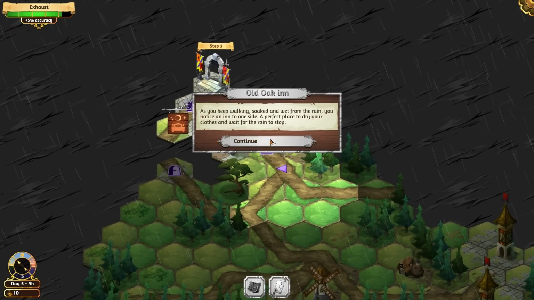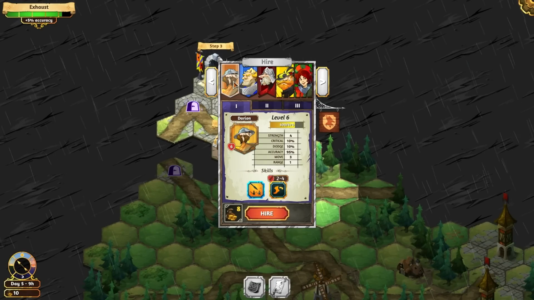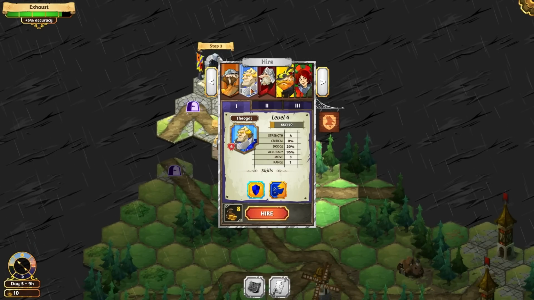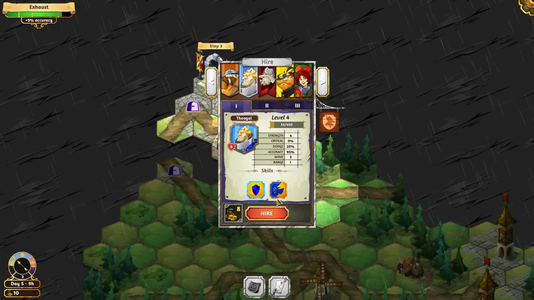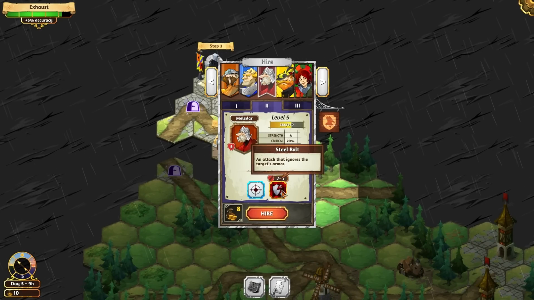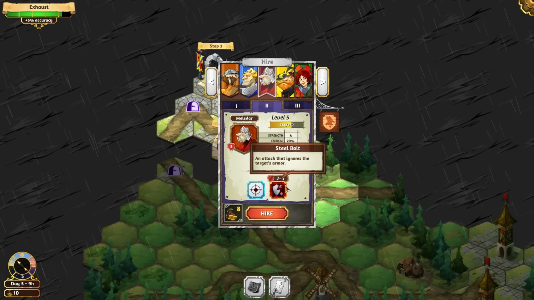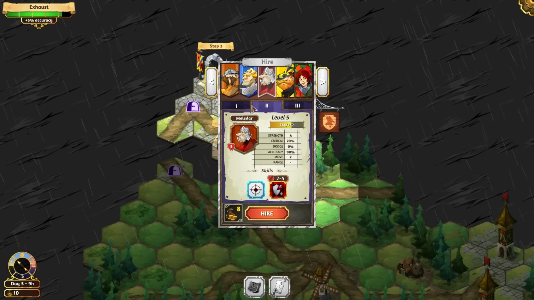Let's go to the Old Oak Inn. We're going to hire ourselves a new mercenary here. And I think it's probably in our best interest to bring somebody that's a bit of a ringer. I mean, Theogal would be nice to have. I haven't leveled him at all, but I have heard that his tier 2 ability is a lot better than his tier 1 ability. He's got the armor ignoring ability. I don't think that's actually going to be that good of an ability. It's okay, but it's still not...